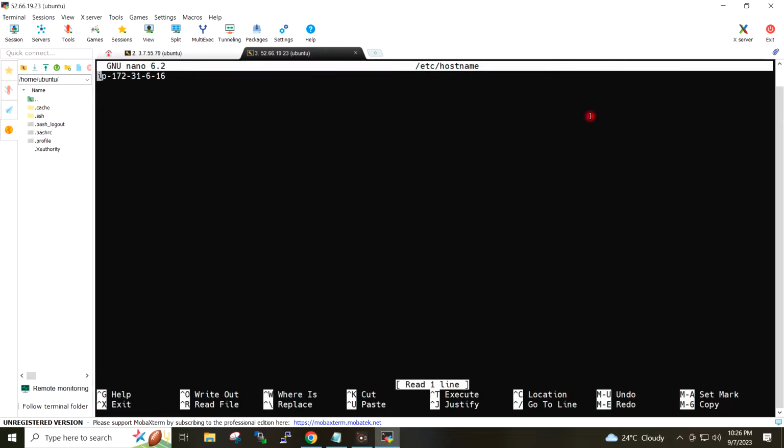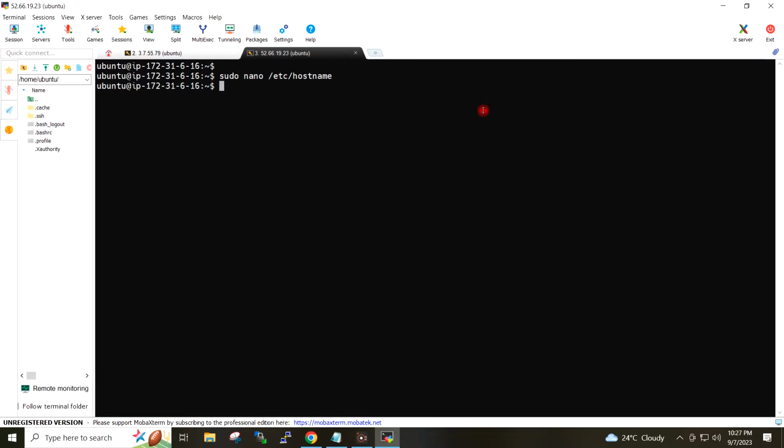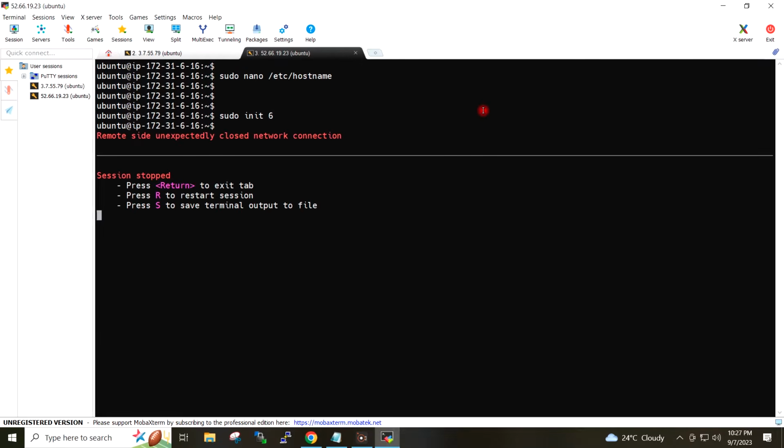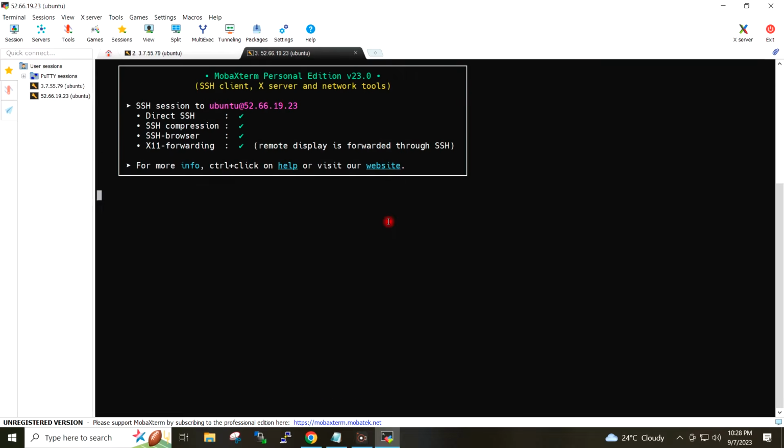I will open the hostname file and change the hostname of this virtual machine to Jenkins agent. I have changed the hostname, so I will have to reboot my system. Reboot completed. I will reconnect to my machine.